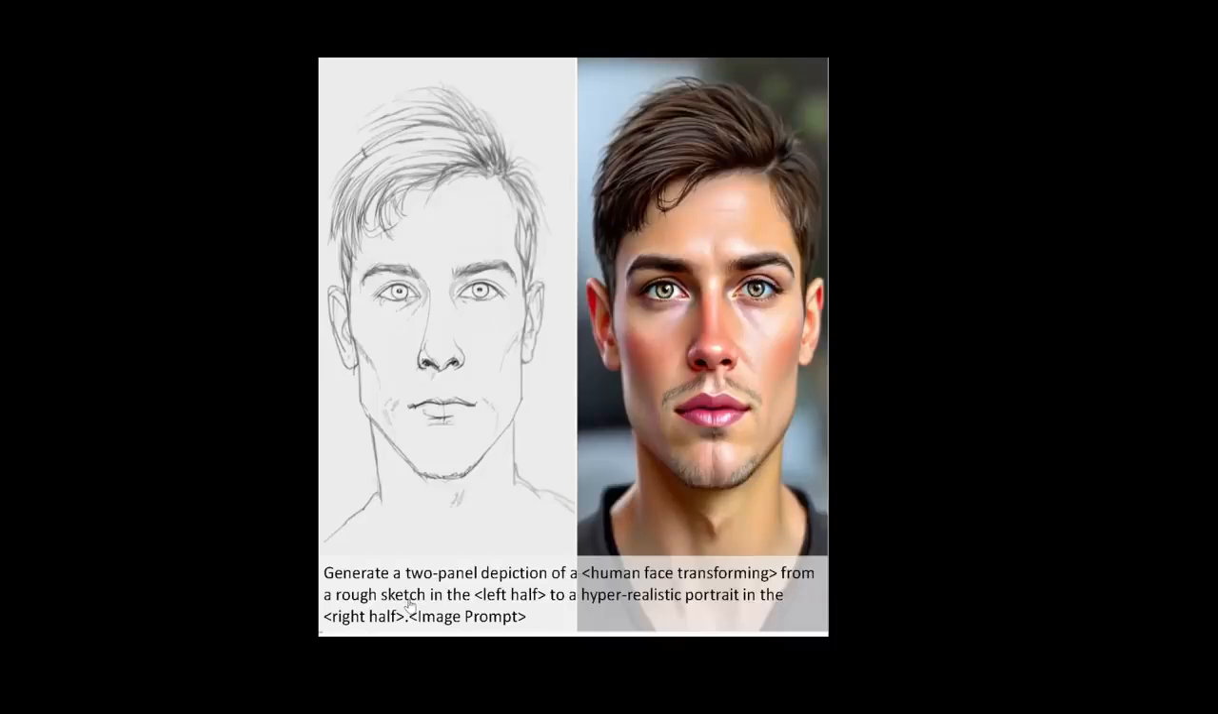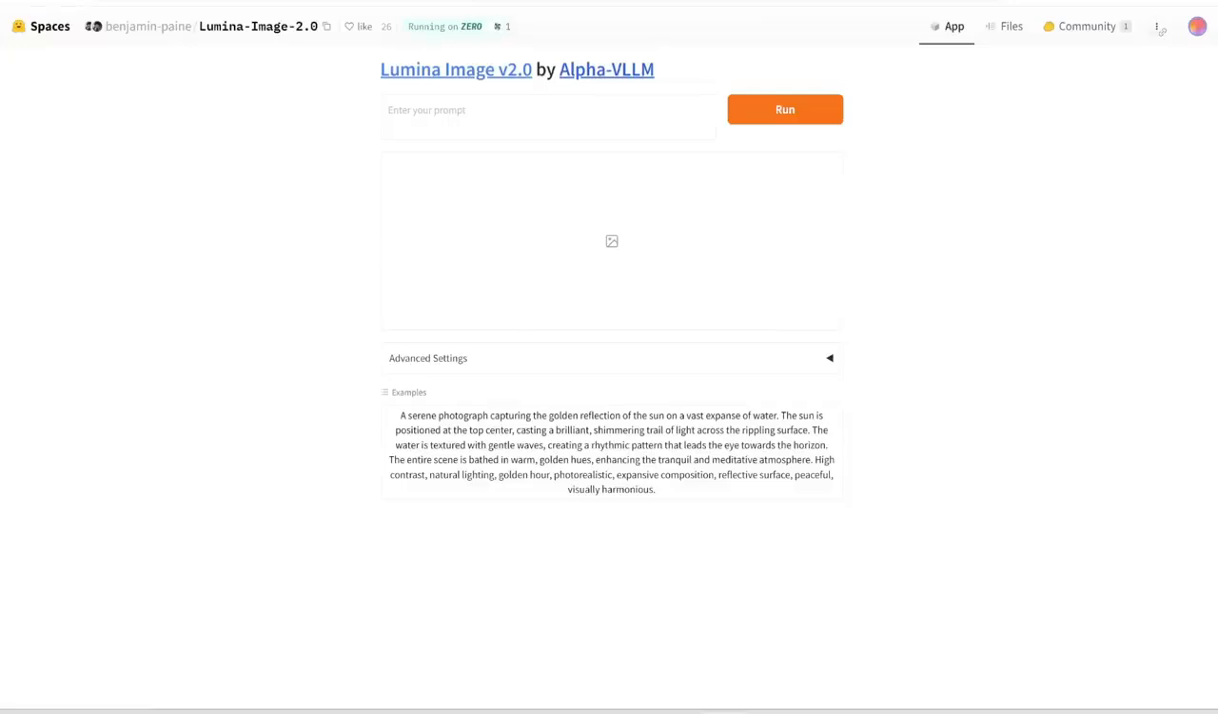Or here's another example. Generate a 2-panel depiction of a human face transforming from a rough sketch in the left half to a hyperrealistic portrait in the right half. And this is what we get. Now, there are various Hugging Face spaces where you can use Lumina online for free, so you just need to